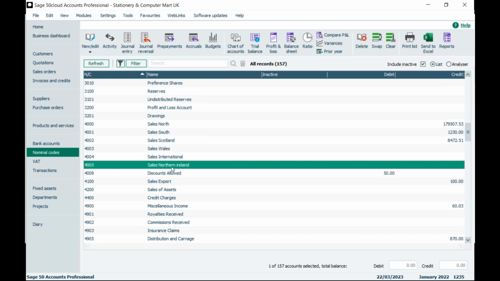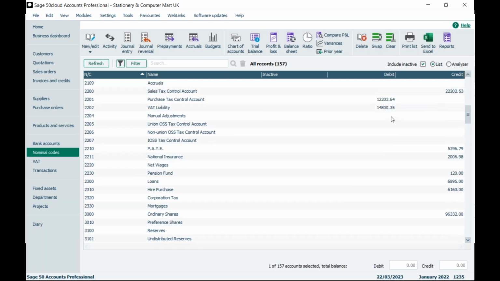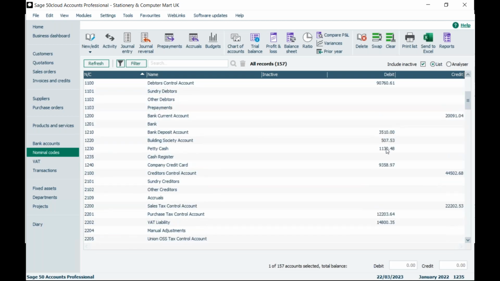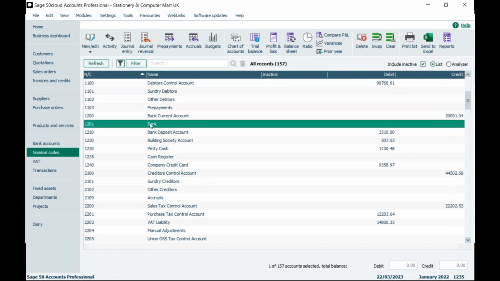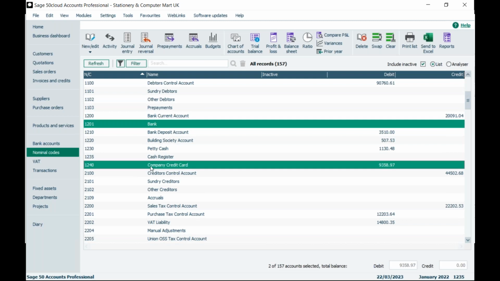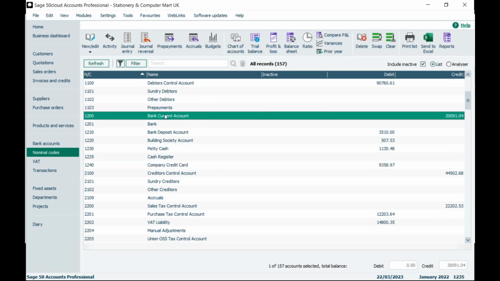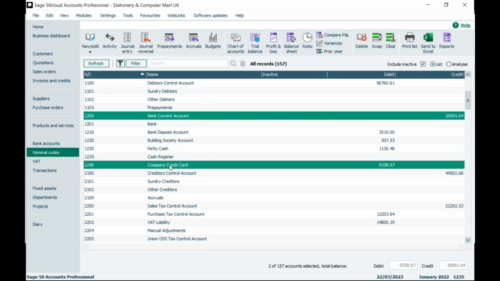So just wanted to show you something slightly different with a bank account. Okay, so I'm just going to scroll up my window slightly into the bank account range. So bank accounts typically, you're probably very familiar, bank 1200 is the default. So they normally fall in the range of around 1200 to sort of 1250. And again, if we highlight that range here, we've got a lot of nominal codes that are blank that we can work with. So I've got my bank current account, that's my main account, and then all the way down